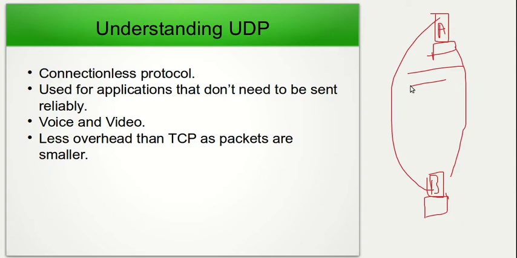With UDP, we have no flow control mechanisms. We have no resending of data, no acknowledgement. It's simply we send the data and hope that it gets there. And so it makes the data transfer very, very fast. And for applications like voice and video, where the speed of data transfer is vital,